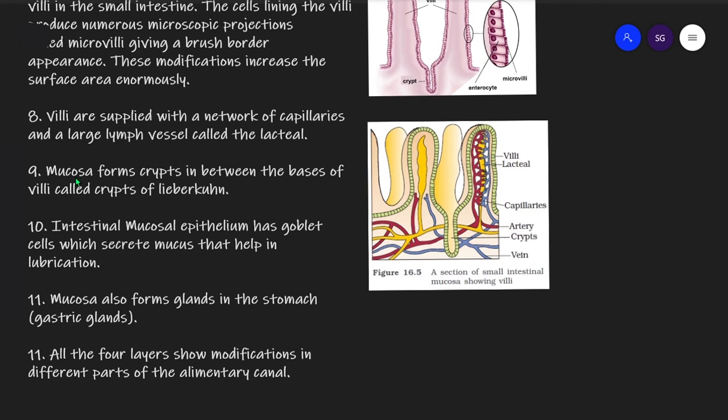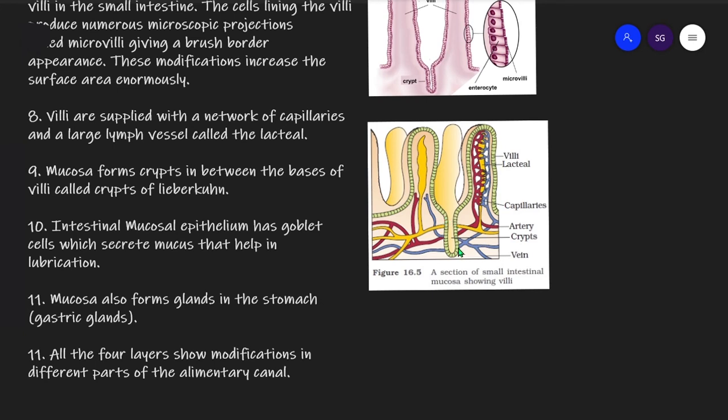And the next point is, mucosa forms crypts in between the bases of the villi, called crypts of Lieberkühn. First, I will tell you what a crypt is. A crypt is a vault in a building. मीन्स तहखाना, जैसे किसी बिल्डिंग के अंदर तहखाना होता है, ऐसे ही इसलिए इनको नाम दिया गया है क्योंकि ये विलाई के बीच में, विलाई के जो बेस होते हैं उनके बीच में फोल्ड्स के अंदर ये छुपे हुए होते हैं, तो इसलिए इनको क्रिप्ट्स बोला जाता है. And so these are called crypts of Lieberkühn. These crypts